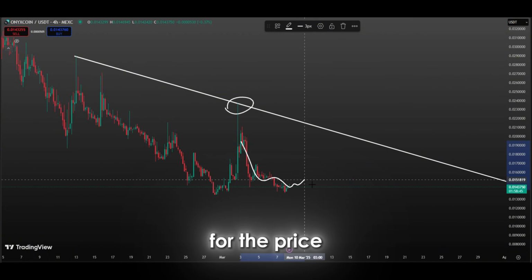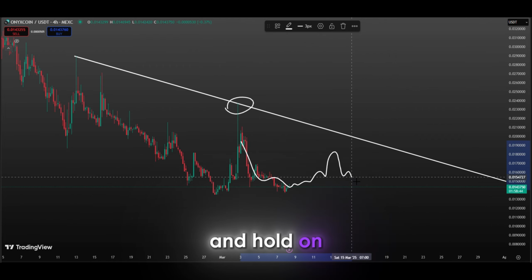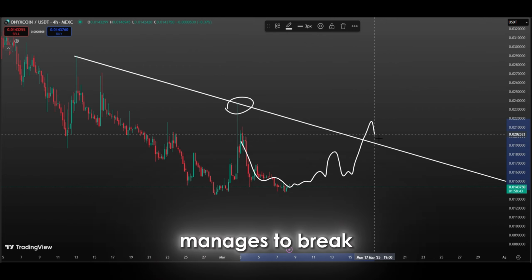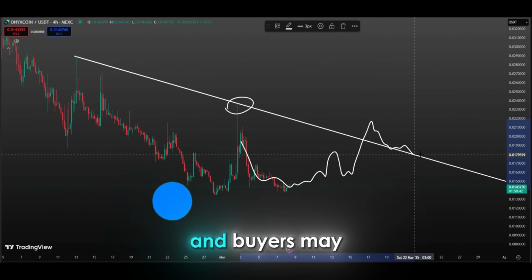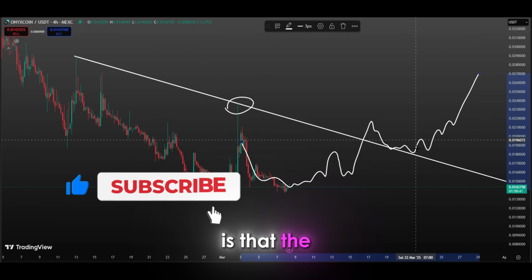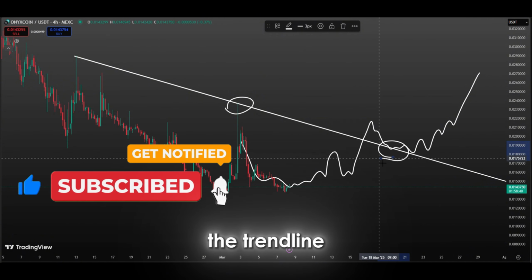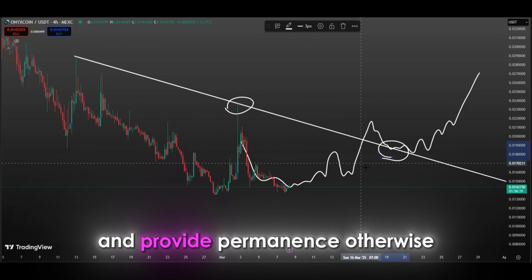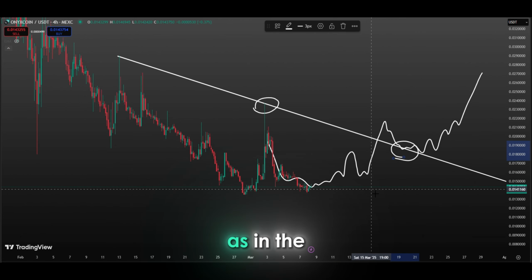Therefore, in order for the price to start rising, it must first break this falling trend line upwards and hold on to it permanently. If the price manages to break the downtrend, this could be considered a turn signal in the market, and buyers may be bolder and push the price upwards. However, the important point here is that the breakout should not only be with the wick, and the price should close above the trend line and provide permanence. Otherwise, the price may return back into the trend, and the downtrend may continue, as in the case of previous